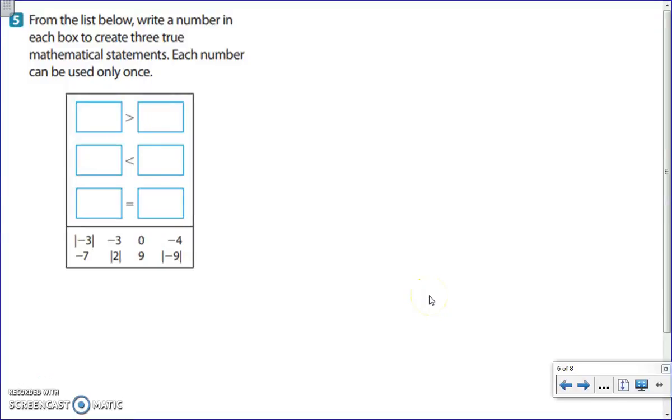Alright, so on number 5 it says to choose numbers from the list below and write a number in each box to create 3 true mathematical statements. Each number can only be used once. So